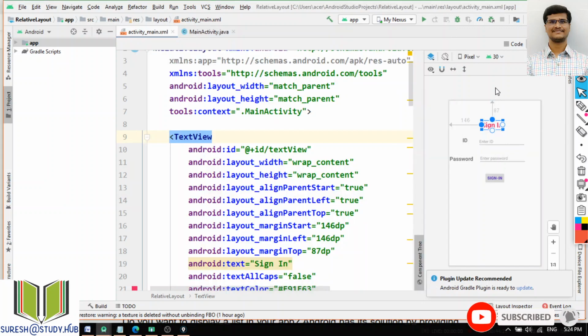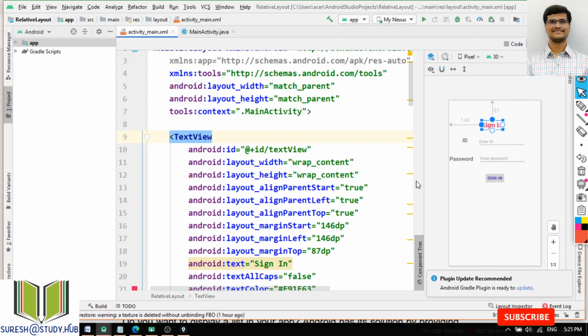So if you see here, this text view has layout margin start, that is your 146, and margin left also 146. From this side the margin is 146 for this one, and top is 87, it is directly showing, right? So that is margin start, and margin left is 146. You can observe over here.